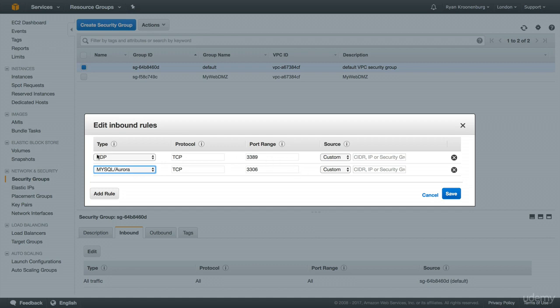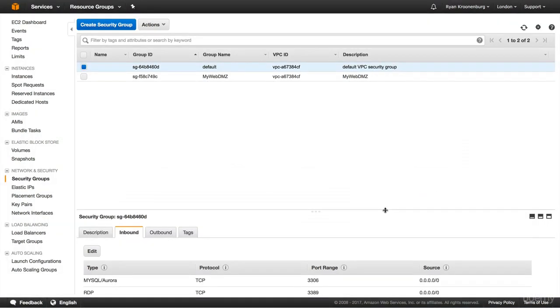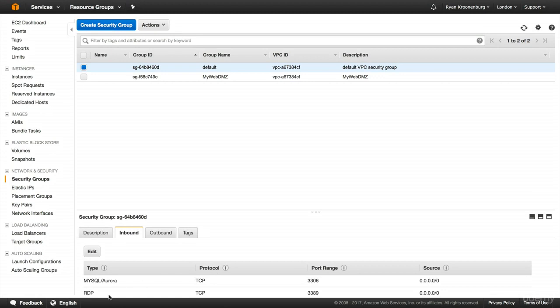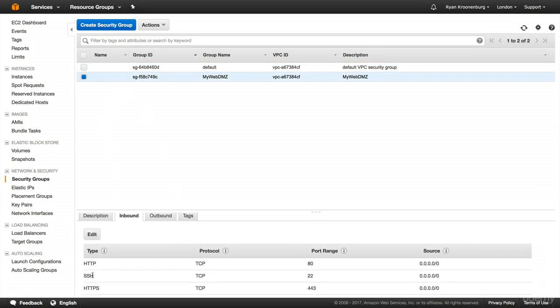So 3389 is RDP, MySQL is 3306. You don't really need to know them for the Solutions Architect or the Developer Associate exam though. And then I'm going to allow them in for basically all traffic. I'm going to go ahead and hit save. So now my default security group is allowing RDP and MySQL, and then my web DMZ is allowing HTTP, SSH,